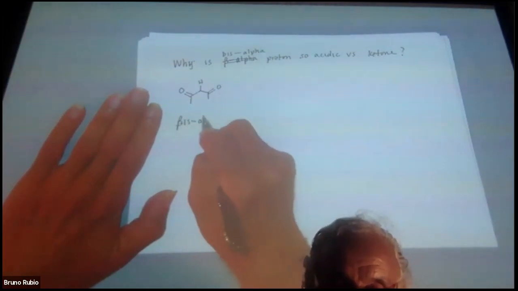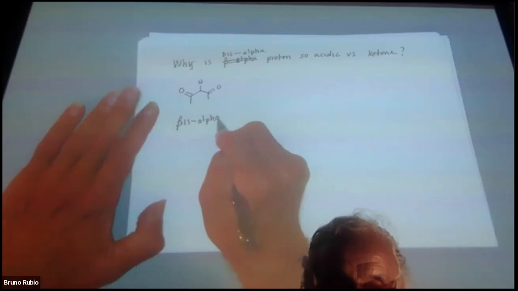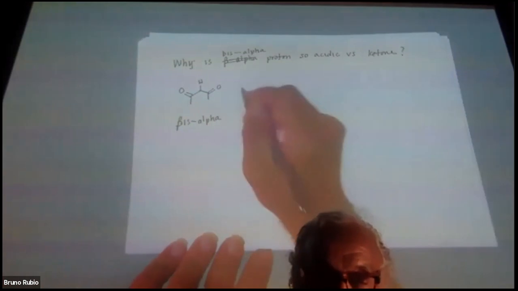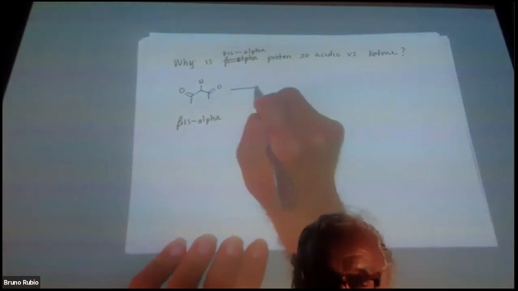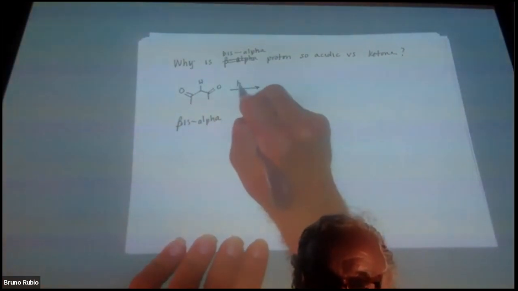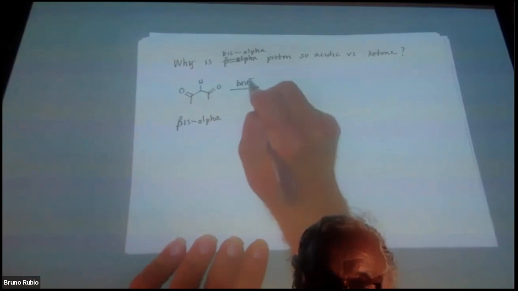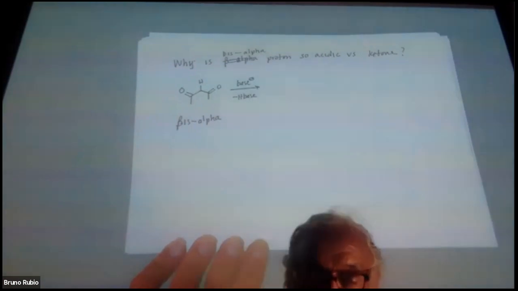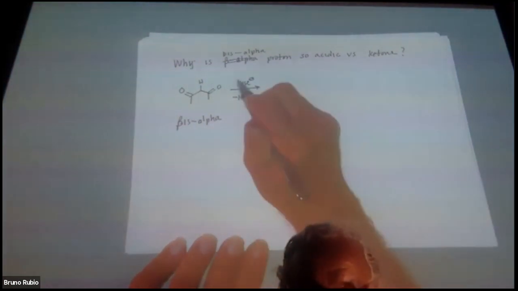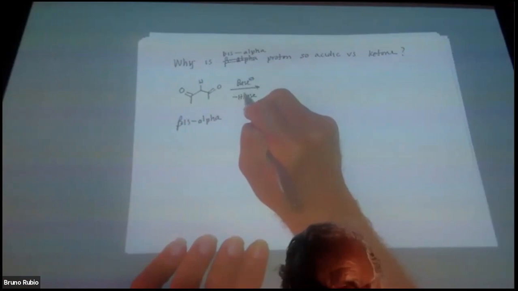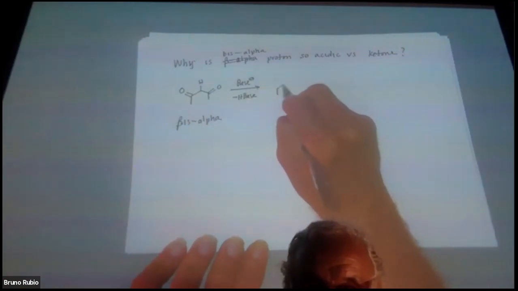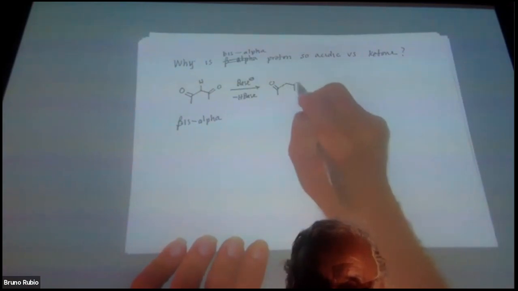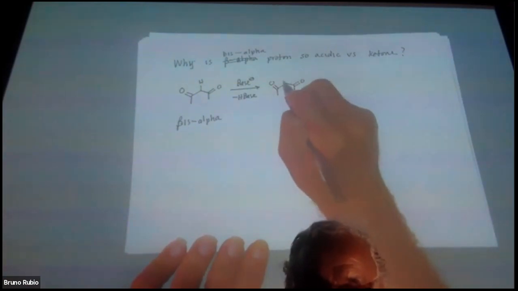This is the bis alpha proton. It's the proton sandwiched in between two carbonyls. And when a base comes along and removes that proton, base minus is converted to H base. What we get is the removal of that bis alpha proton to give something that looks like this,